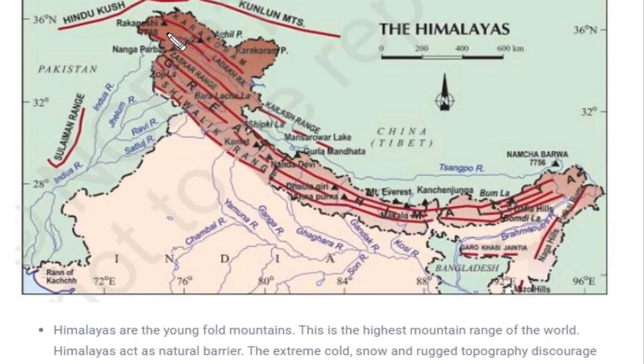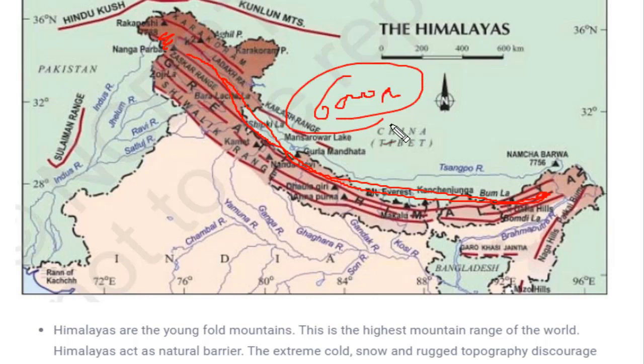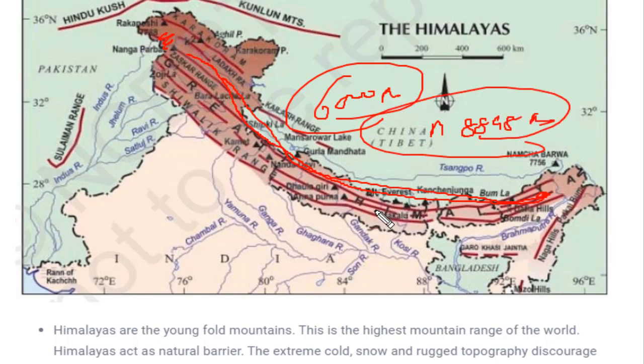It extends from this area till the eastern part of the country. So this entire area is called the Greater Himalayas. There are a few significant mountains in this range, and the average altitude of mountain ranges in the Great Himalayas lies around 6,000 meters. Whereas the highest mountain of the world, Mount Everest, whose height is 8,848 meters, also lies in the Greater Himalaya region.